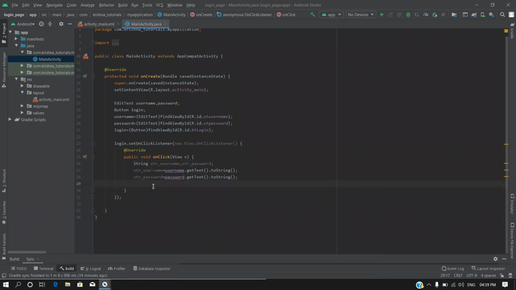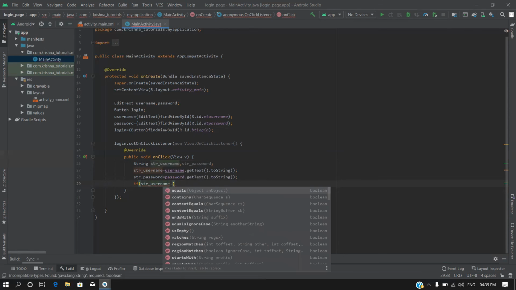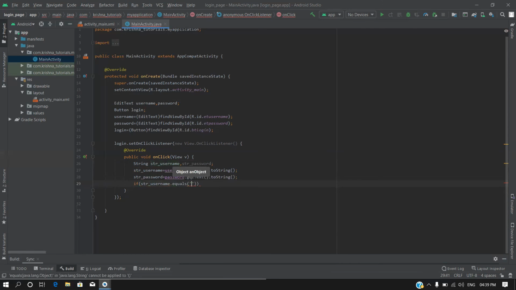Now we are going to add some conditions. Let's say if the str username dot, there is a method in Java which is named equals, which will return 1 if both the given strings match each other, else it will return 0.